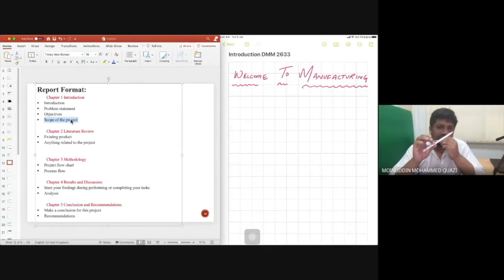The reason why we cannot create a prototype is because manufacturing process labs and assemblies are not available currently. So our project is limited to initial design phase plus feasibility phase plus maybe market study phase, but the production, the fabrication and rapid prototyping is currently not possible. So your scope of the project is the limitations that you are currently facing for your project. Okay. So this is all about introduction.